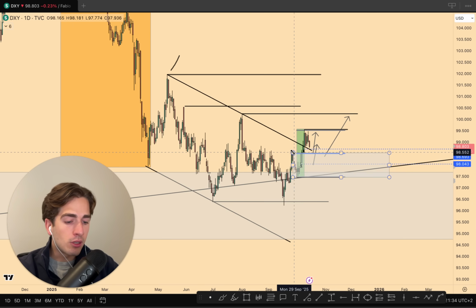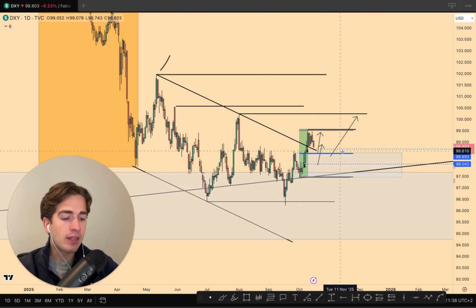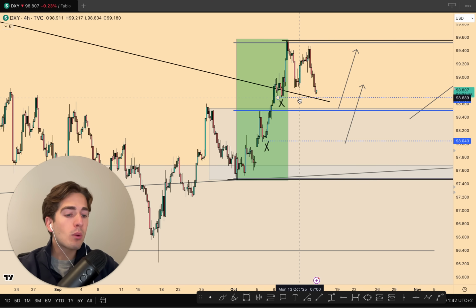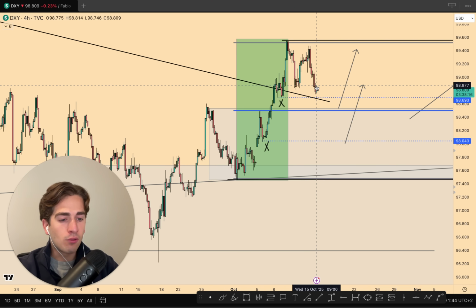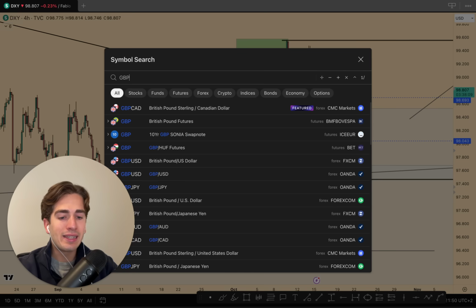And again, daily demand zone is nothing more than just a very simple sell down before a bigger buy up, and then we can look for confirmation for potential longing opportunities. So that's what I'm waiting for at the moment, and I've been waiting for all week. As I've been saying, I want better prices on these pairs before looking to really get engaged, and the same